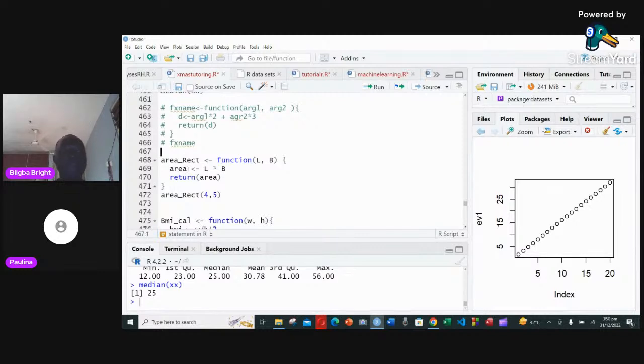It's a variable, so you can give it any name you want. So you come here and then you have, let's say, your L times your B. So it means that's how you want the function to behave. You want the function to behave in such a way that anytime you have L and B, it should calculate something called area. So return that area for me. What I'm simply saying is that anytime I give you the values for L and B, you should calculate an area for me. So when I do that,